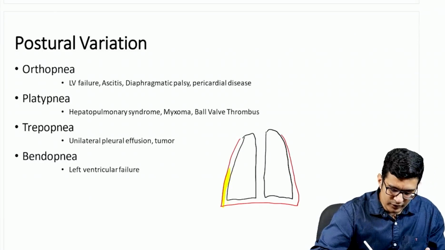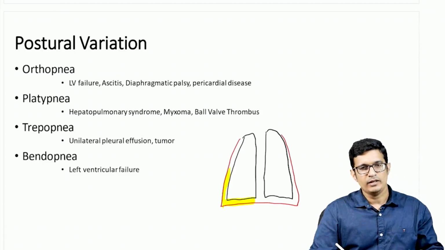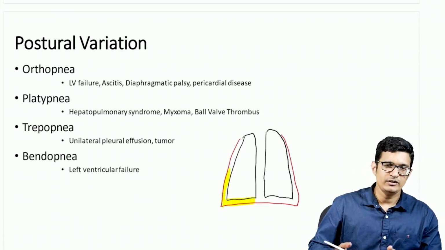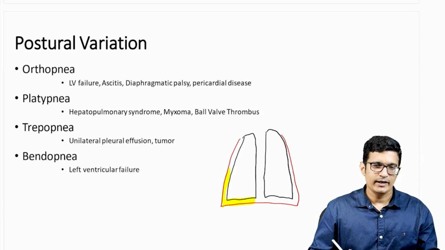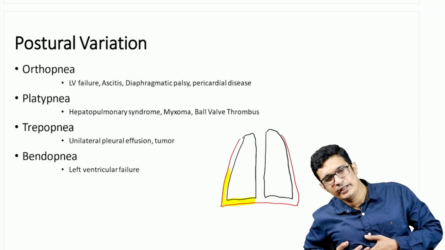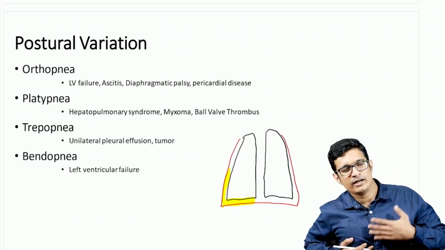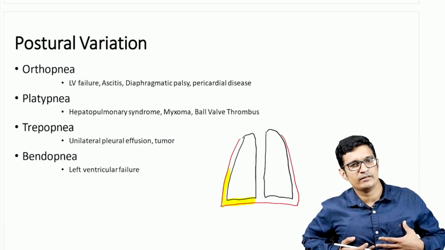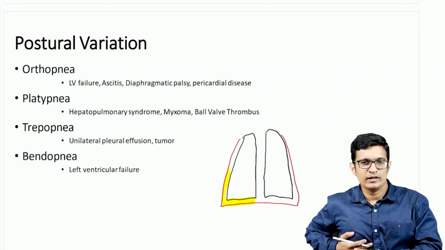when he lies on that particular side, the irritation and inflammation of the pleura will come down. If I am having right-sided pleural effusion and I lie on my right side, I will be getting some amount of relief of the breathlessness, partly because the irritation between the two layers of pleura is reduced as a result of lying on that side, and partly also because the left lung will be able to inflate more, thereby giving me some relief of breathlessness.